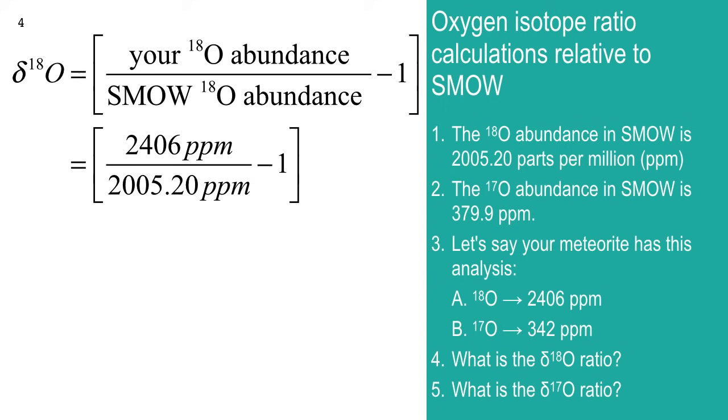All right, so you compute that and you're going to get... IQ test. Mental arithmetic IQ test. That quotient, 2406 divided by 2005.20, larger than 1 or less than 1? It's larger than 1 because the numerator is larger than the denominator. So you're going to get 1 point something, and then you subtract 1, and that's your delta 18 oxygen for